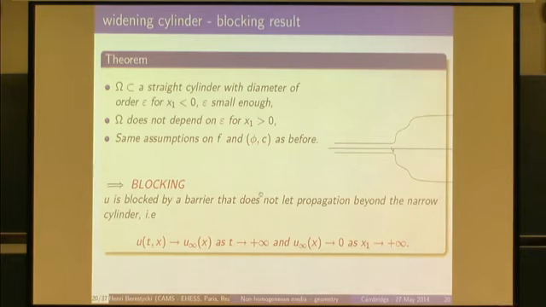So remember, u of t, x goes to u infinity of x. And so the fact that there is u infinity, of course, we have a parabolic equation here, so an elliptic equation for u infinity. So u infinity is nowhere identically 0. But what does it mean that it's blocked? It means that u infinity decays to 0 here. So there is a barrier which is